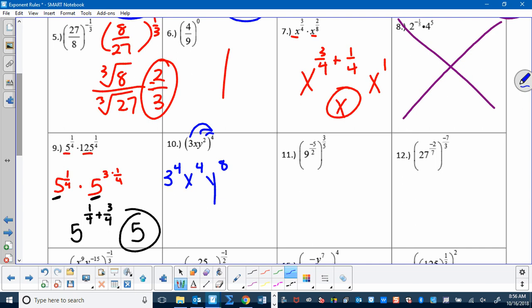Okay, so you multiply any exponents that you have. You attach the 4 to anything that doesn't have an exponent. 3 to the 4th is 81. And then you have x to the 4th, y to the 8th. Those are not like terms. You cannot add them together because you know that. Here, you're good. You're like, oh, I know they stay separate. But then sometimes people up here are like, I can put those together. Absolutely. Okay, it's the same thing. Make sure they're the same base if you're going to add them